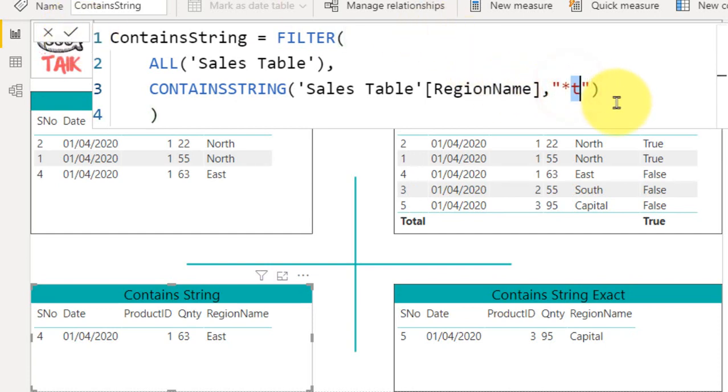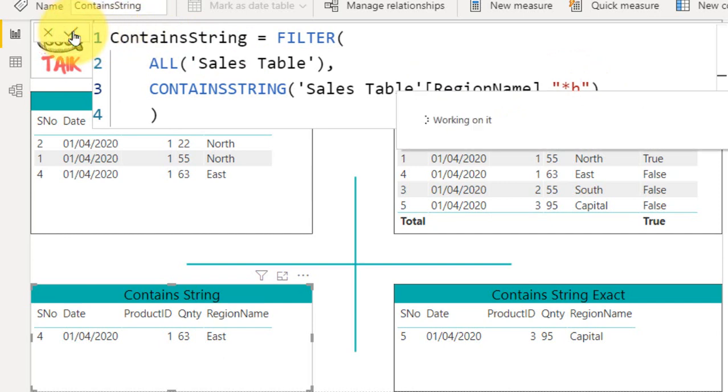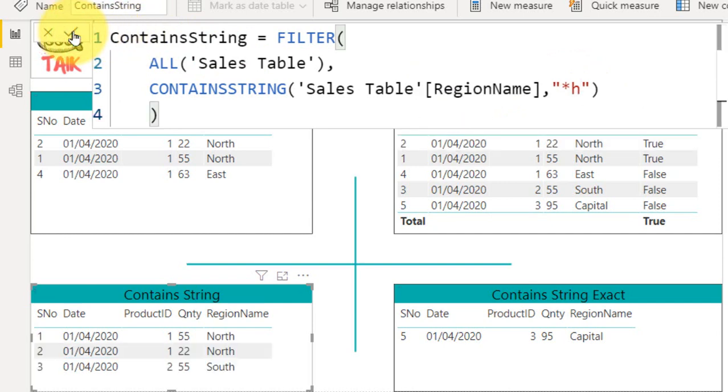Now I'm just starting with any character and ending with H. Commit. Then it returns North and South. And if you want to look for the center value, like star a star, it returns East and Capital because each and every name has the letter a in between. So this is how you can use the wildcard characters as well.